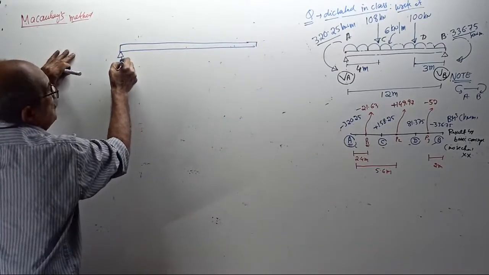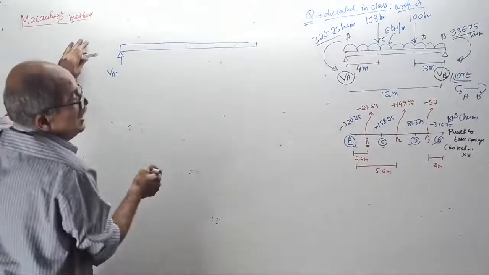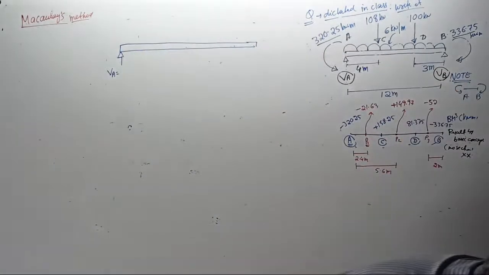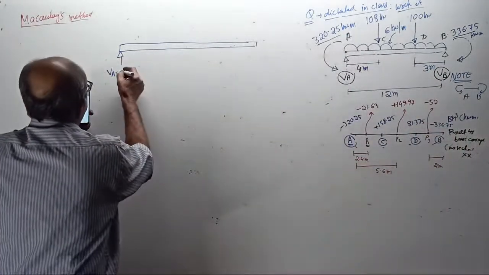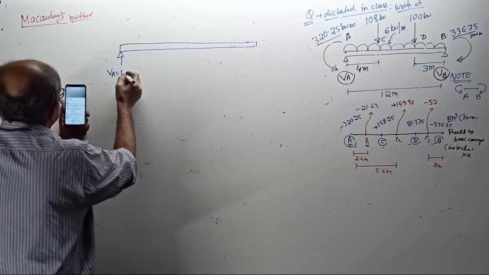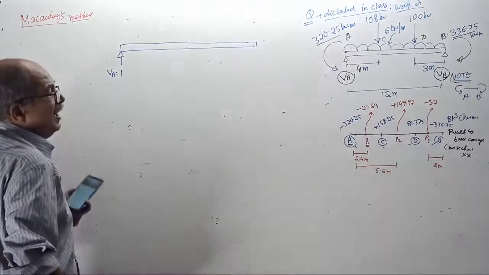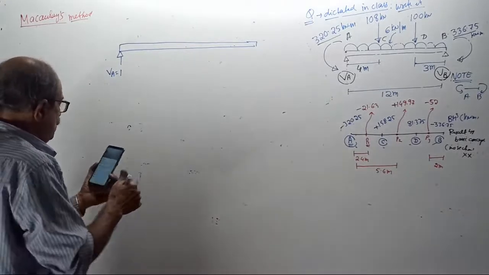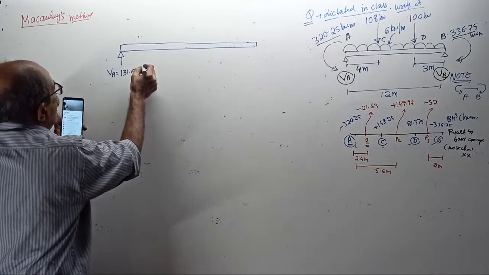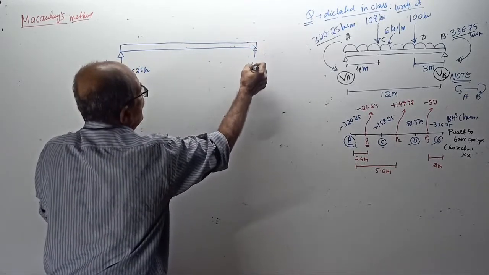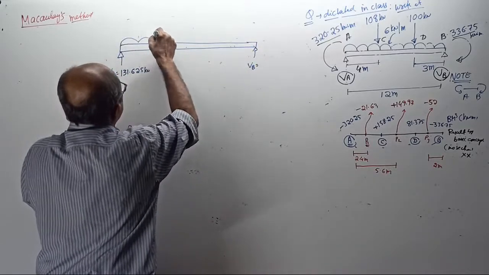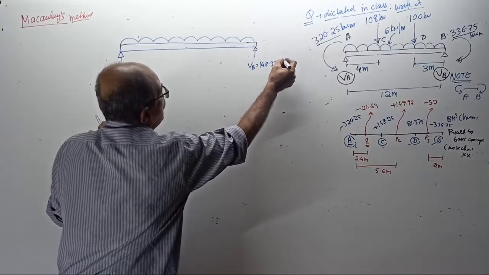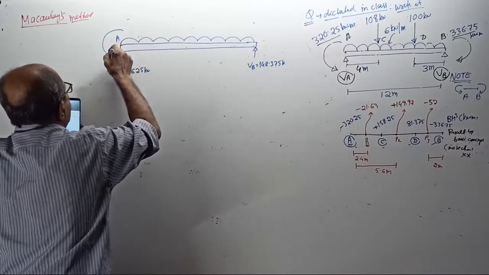There is a reaction here of VA equal to, tell me the VA. I rubbed the VA value. What is the VA value? Tell me. VA value is 131.625 kilonewton. There is a VB value here of 148.375 kilonewton. At A, anti-clockwise couple of